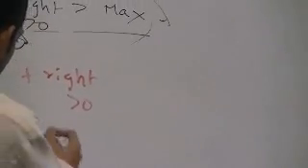So how can you check? In the first case, you don't want left plus right to be greater than the maximum, because right was positive there. So you check whether left is greater than max minus right. The second case, you don't want left plus right to be less than the minimum. So you check whether left is less than min minus right.